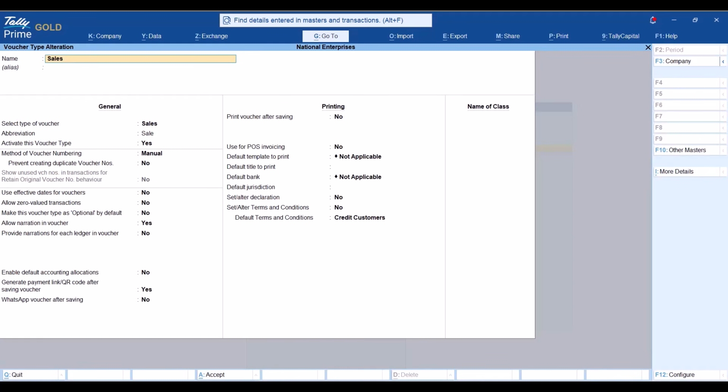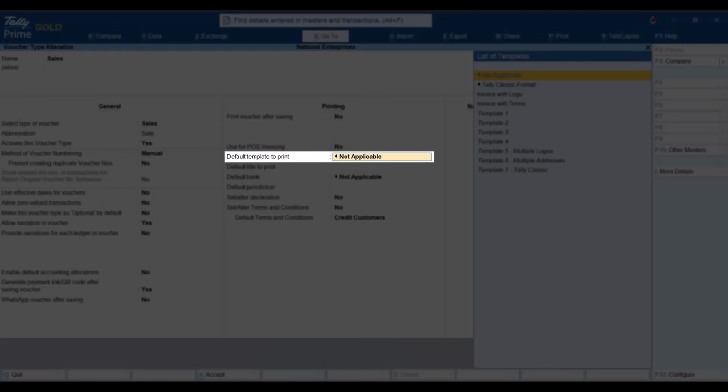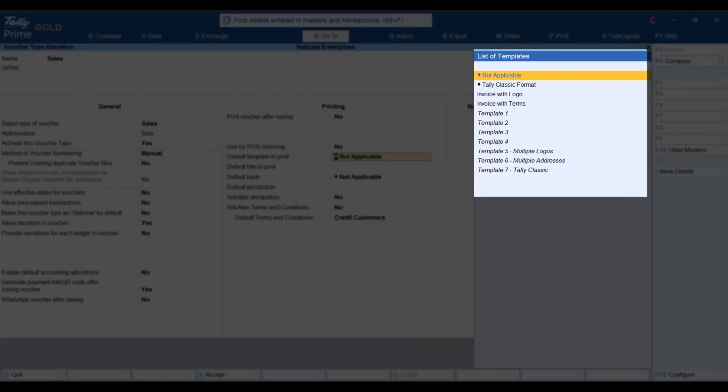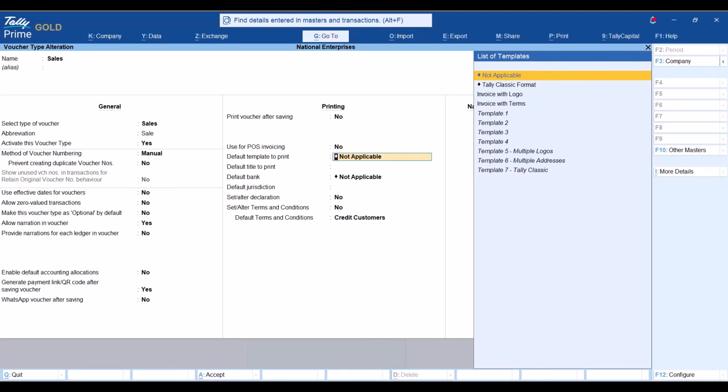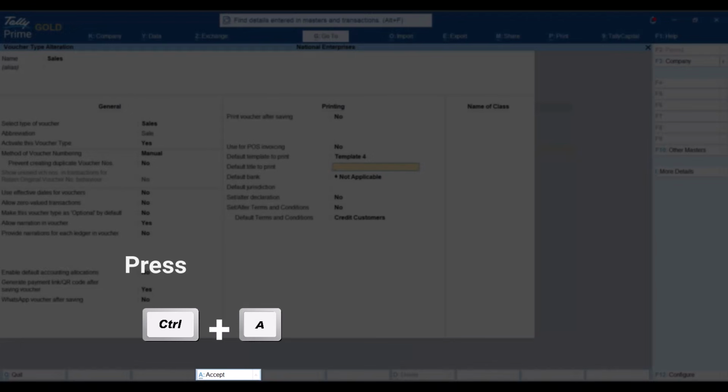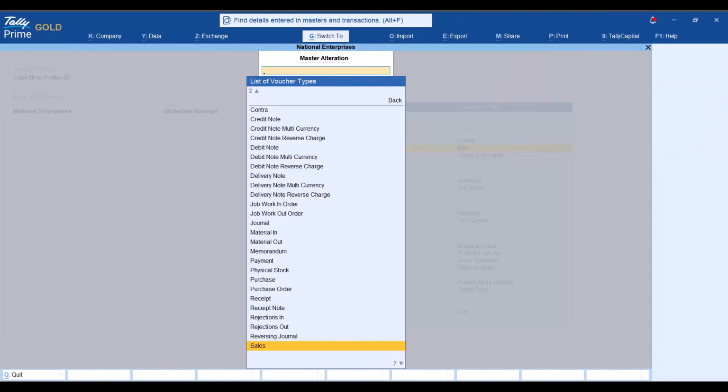In the voucher alteration screen, set a template as default template to print from the list of templates. Note that the list of templates will display only the templates saved for this company and the predefined templates. Press Ctrl A to save the template as default for the particular voucher type.